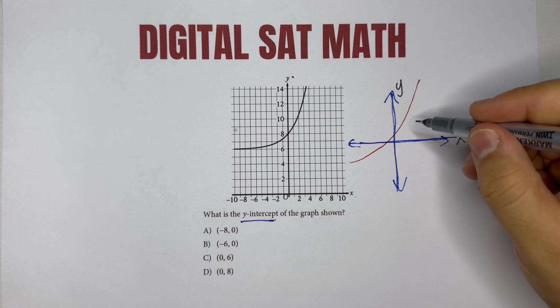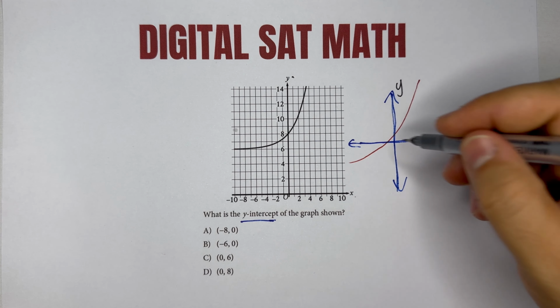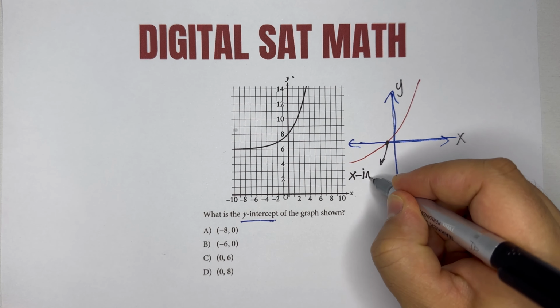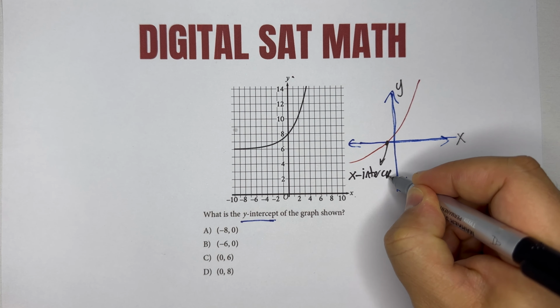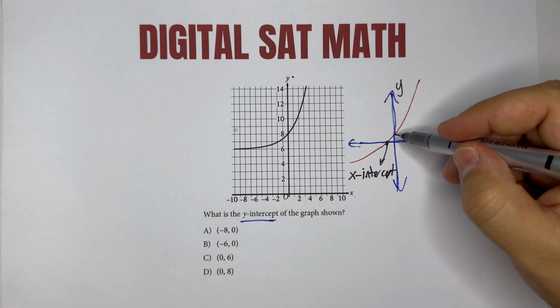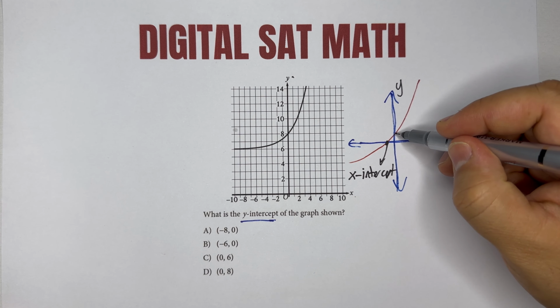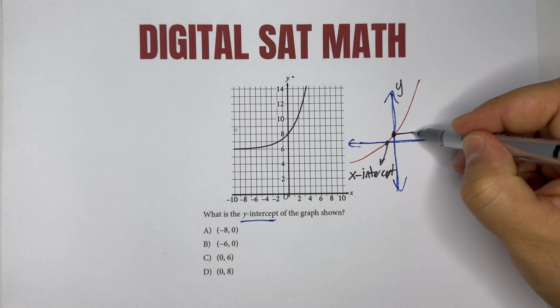Wherever the graph is intersecting with the x-axis over here, this is called x-intercept. And wherever the line is intersecting this vertical line over here, it's called y-intercept. So, based on this,